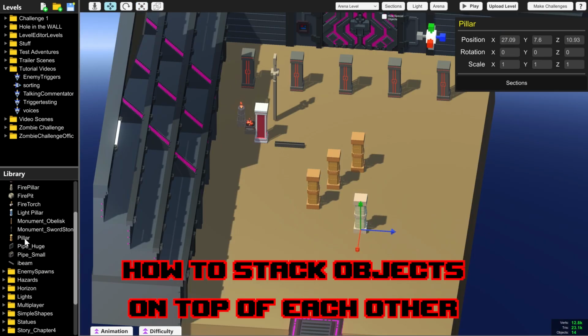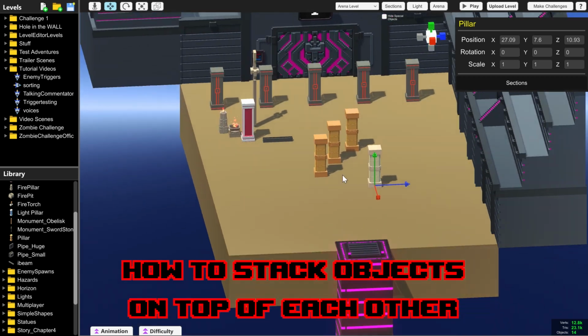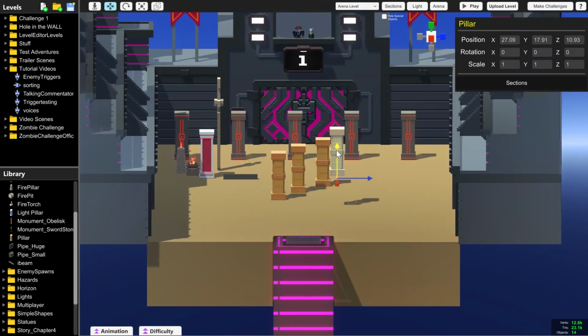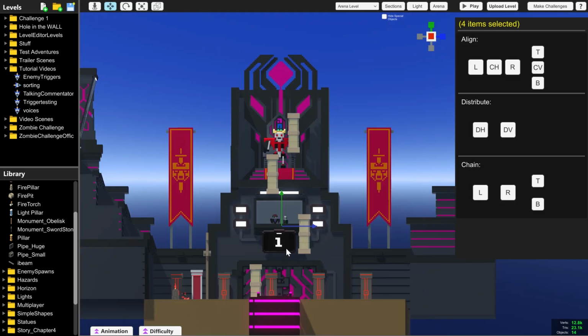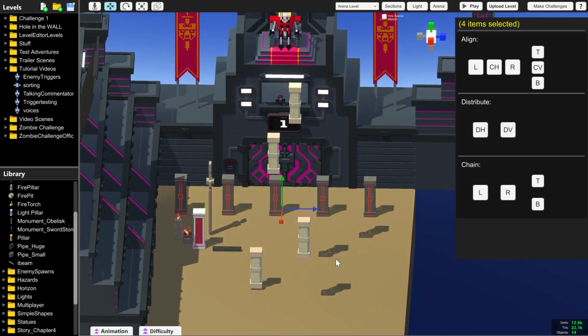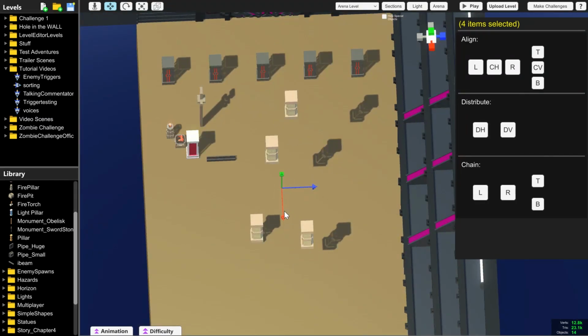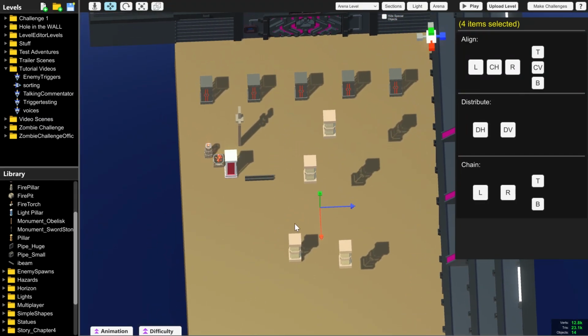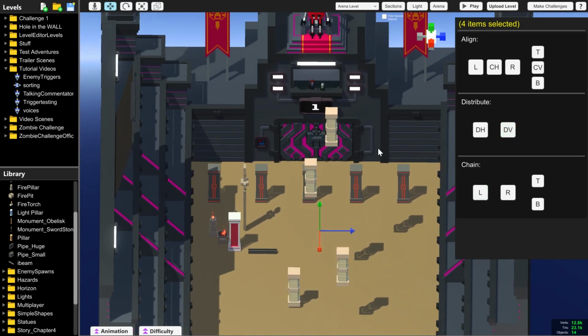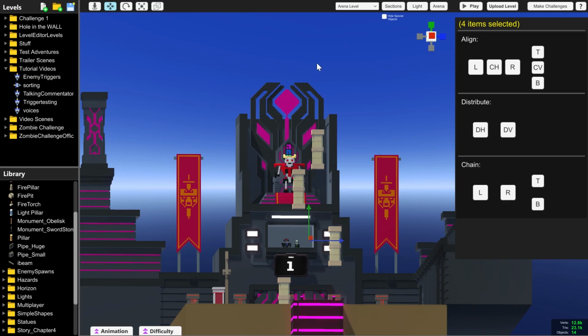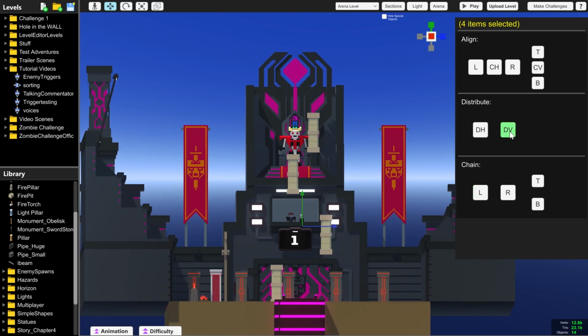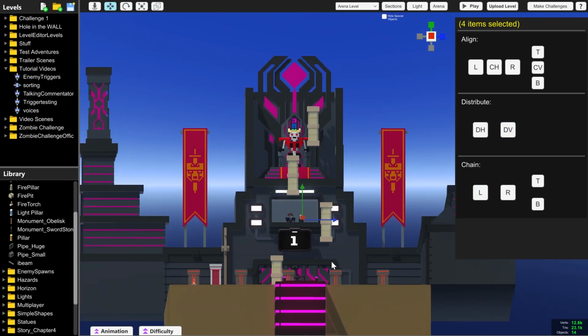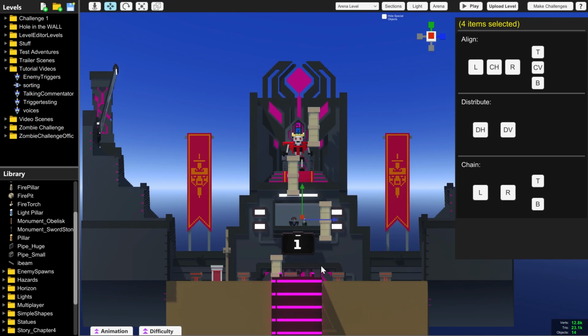The last most important thing you need to know about these distribution buttons is that it also works up and down. If we, for instance, want to stack all of these equally on top of each other in a row, we can use the distribute and the chain. But the same way that this up-down direction on my screen here counts as vertical, so does the actual up-down from the sky to the ground direction count as vertical as well. So if we click distribute vertically here, they're all going to be evenly spaced out, up and down.